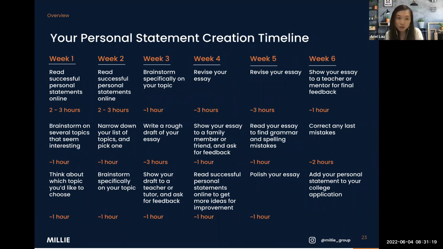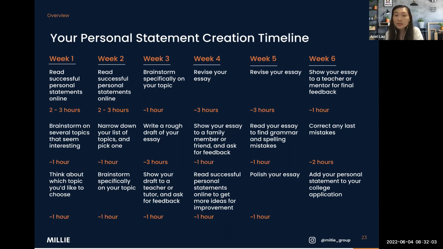And afterwards, in week 2, you can narrow down the list of topics and just pick one. Don't try to attempt to write drafts for every single one of them. Some students do that. However, I think it's quite a time-consuming process, because ultimately you're only going to be picking one. It's okay to just brainstorm the content. It's another level of engagement if you are to type out your entire essay just to see how it looks to you. So I would think that from the 7 prompts, choose around 2 to 3 that you really like, and then just narrow it down to 1. And you can then focus on brainstorming content and materials and ideas for that particular topic.